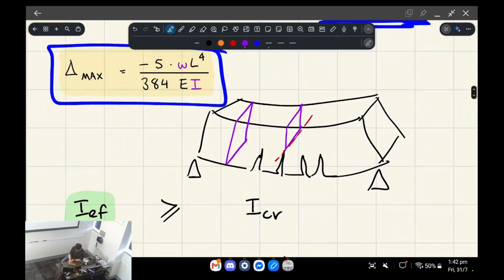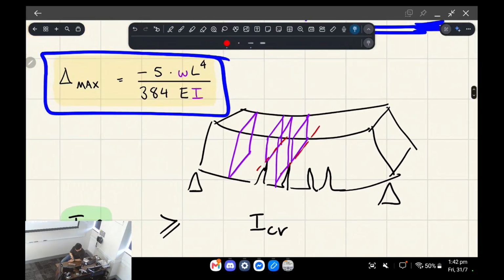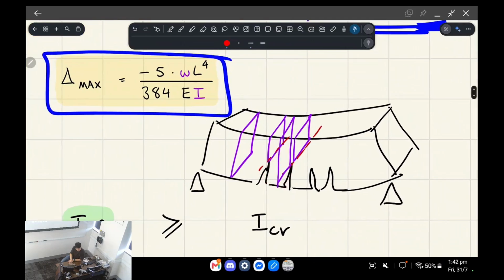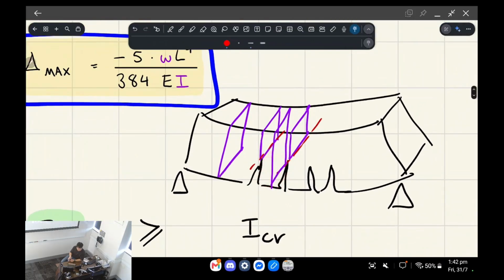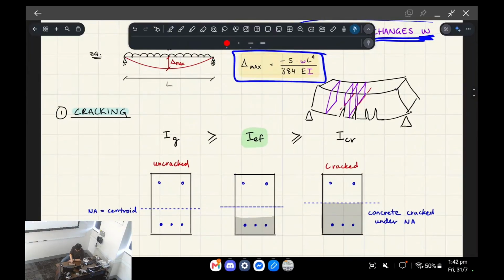Okay, so that's the first thing. Another thing you have to realize is that between these cracks along the beam, we actually have uncracked sections. Just to really illustrate that point, say at this spot here we have a cracked section, and this spot here we have a cracked section, but in between we have an uncracked section. So the idea is the concrete can still carry tension below the neutral axis in certain spots. So that's one thing. And what we're going to do with IEF is find